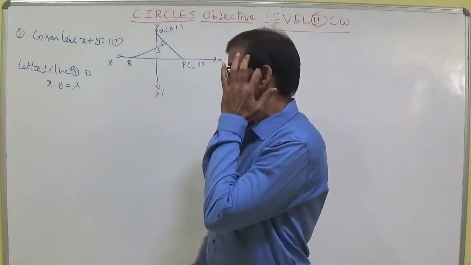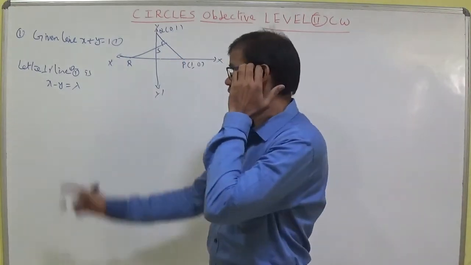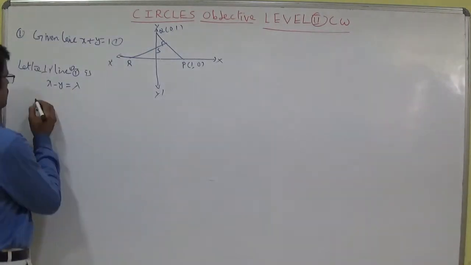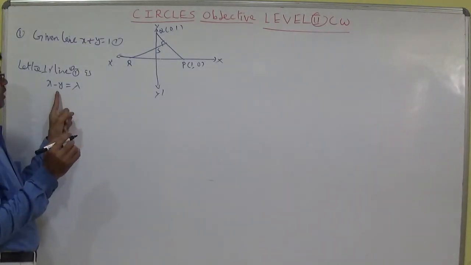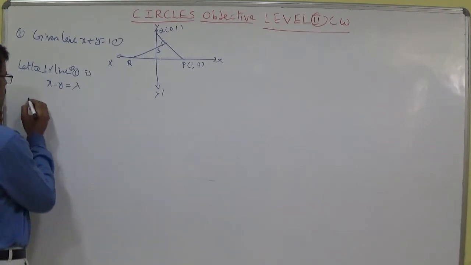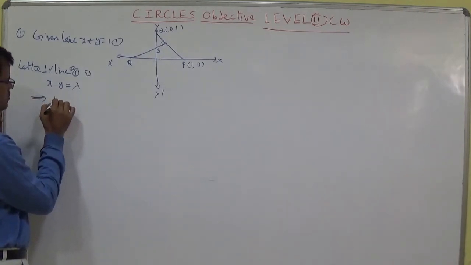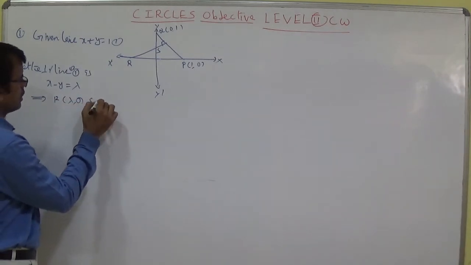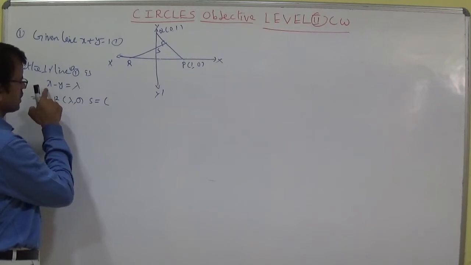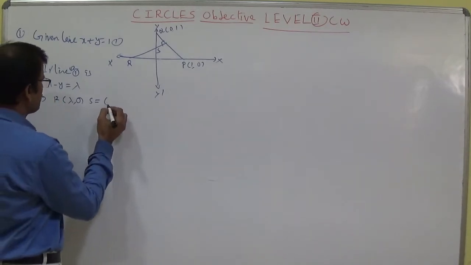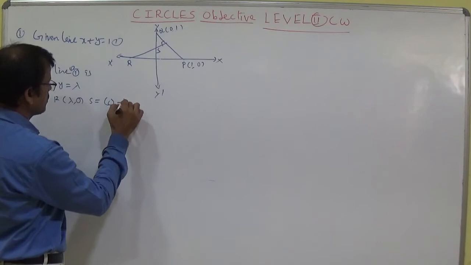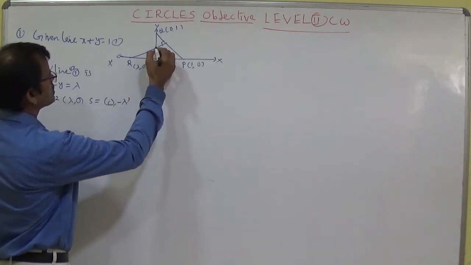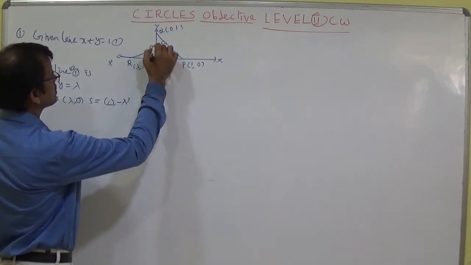Depends upon the negative, reciprocal slope. This is 1, minus 1. This is 1 like that. So according to this, put y equal to 0, then x you will be getting. That implies R, when it is meeting x axis, you can write as lambda comma 0, and S, by putting x as 0, you can write as 0 comma minus lambda. Put here this one as lambda comma 0 and this one as 0 comma minus lambda.